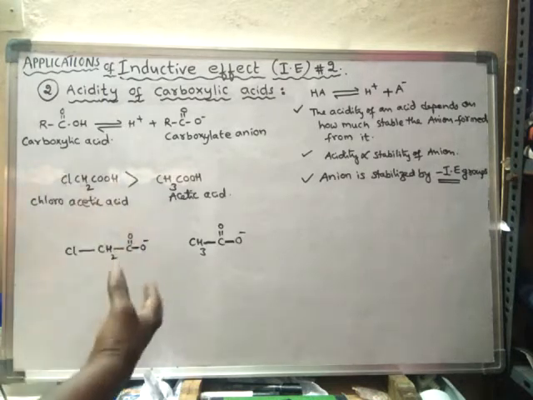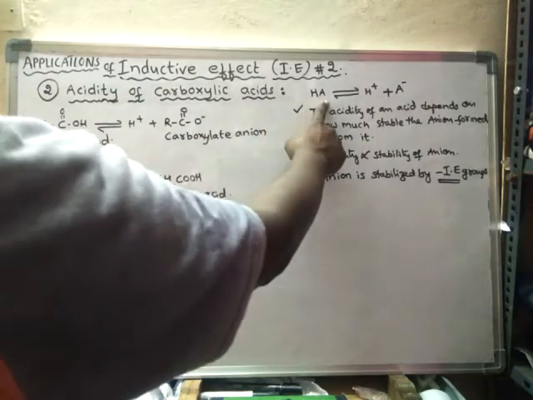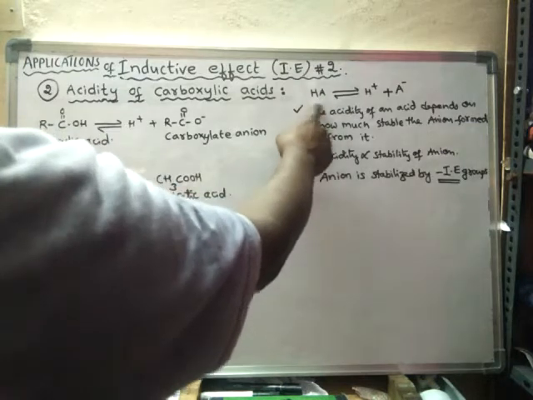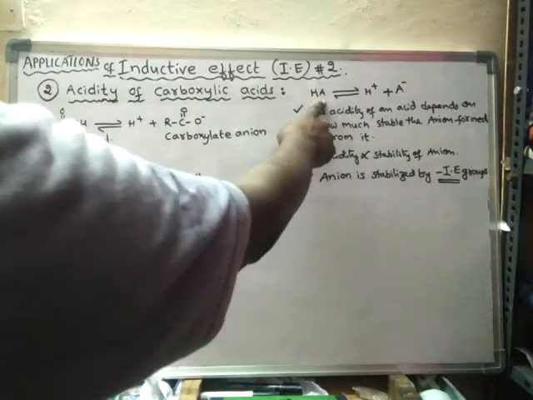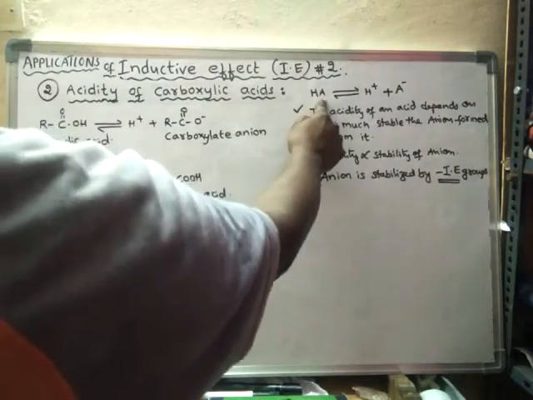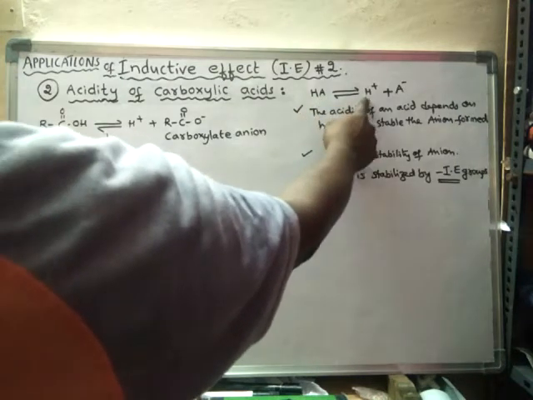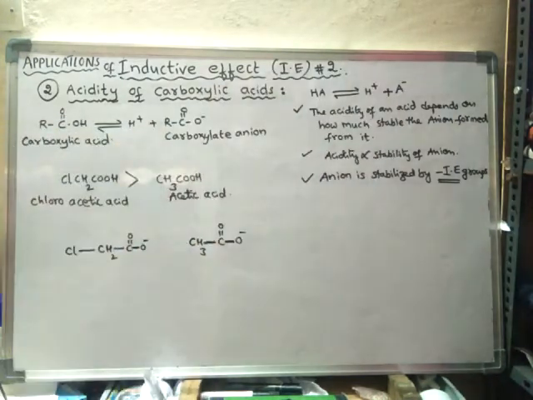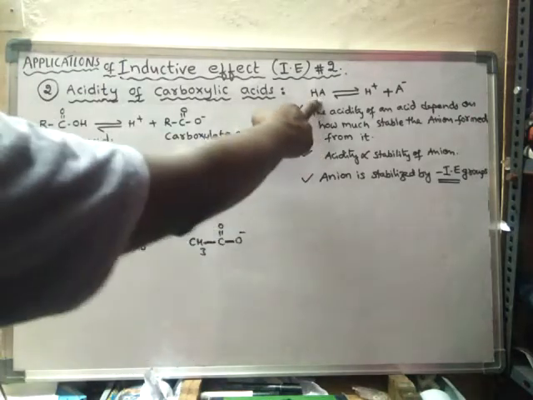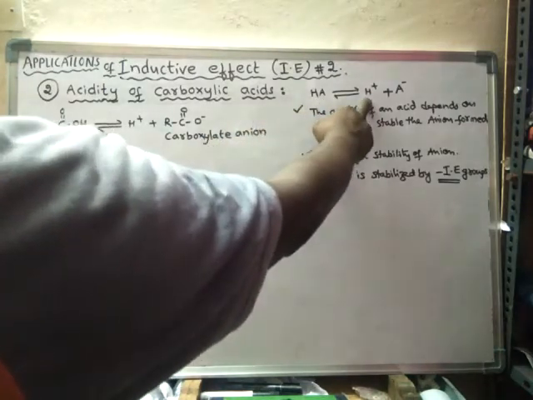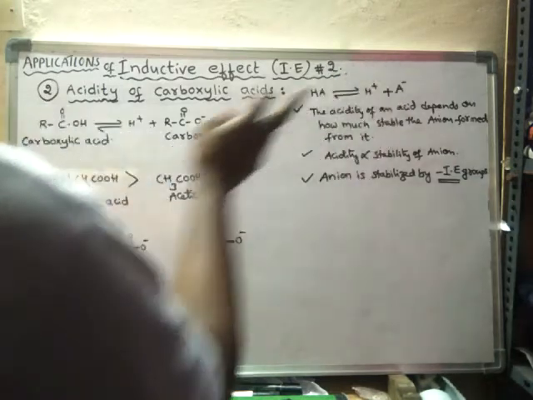Okay. So generally acids means HA. So acid is denoted by HA. It will decompose, or else break down, into H plus ions and A minus ion. So whenever acids are decomposed, it produces H plus ions, protons, and A minus ions are formed.